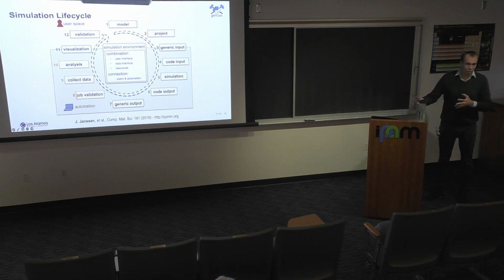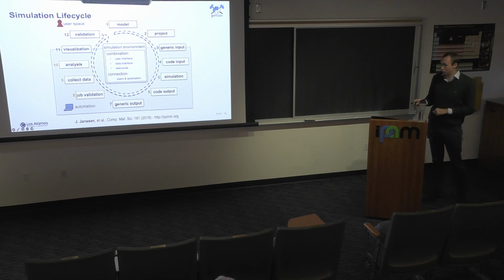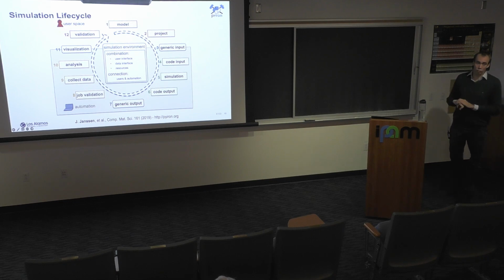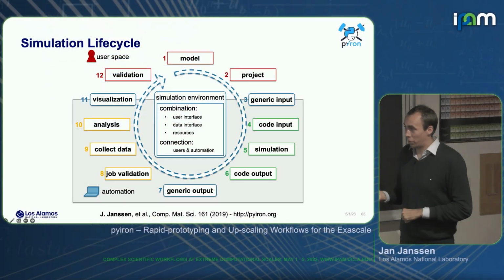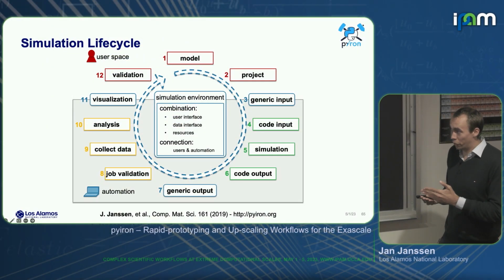So really having access to a much larger range of tools and options there to analyze the results of their code or couple their code to other tools. So this job validation, for example, could be looking at the electronic convergence of our DFT code. We can also collect the data. Maybe we have multiple calculations, finally do some analysis, maybe a fitting of our results, and then visualize the results